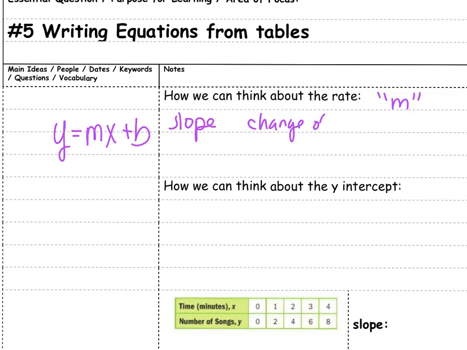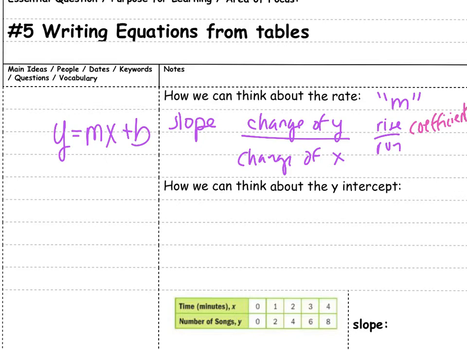change of the y values over the change of the x values. When we are talking about graphing, we'll say rise over run. And ultimately, it's always the coefficient of our x value. So when we think about the coefficient, it's that number in front of the x value